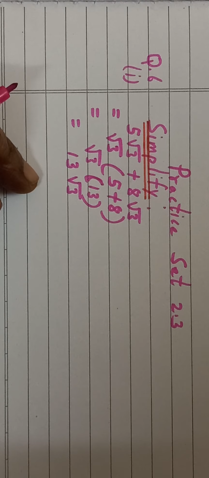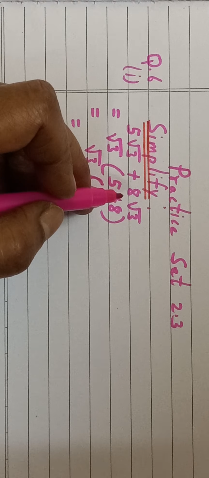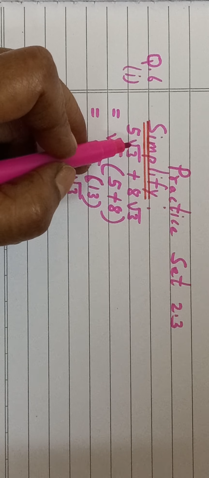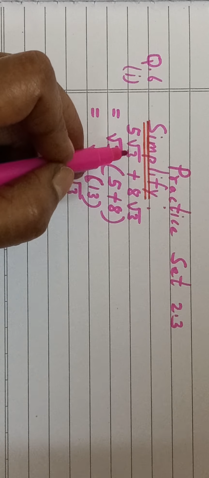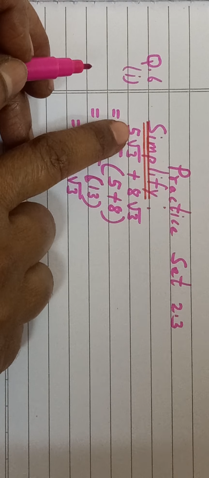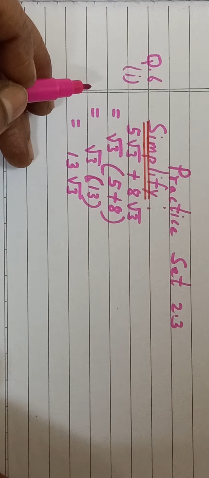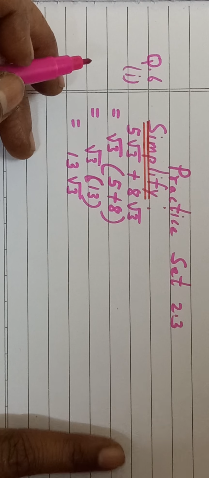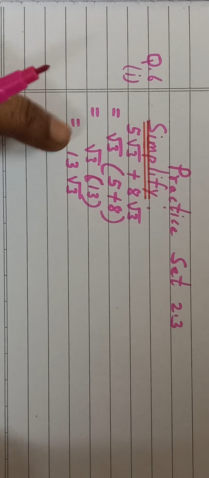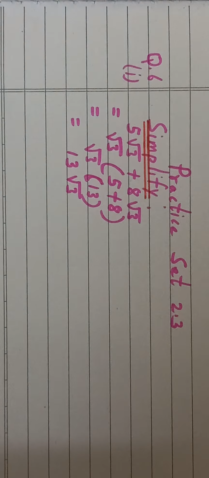And one more thing I would like to tell you. If you see both the examples, we understood the concept of like surds. If you see, these two are like surds, where the order of the surd is 2 and the radicand is same. If that is the case, then directly also this 5 and this 8 you could have added. 5 plus 8, 13 root 3. Like that also we could have done. So understanding the concept of like surds is also very important. This is the first example. Then we'll move on to the second one.